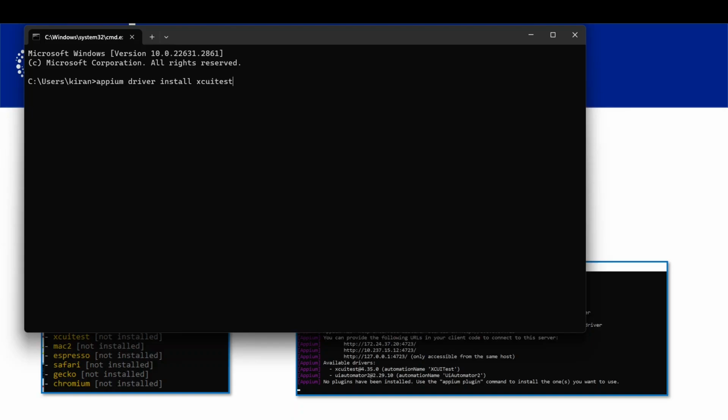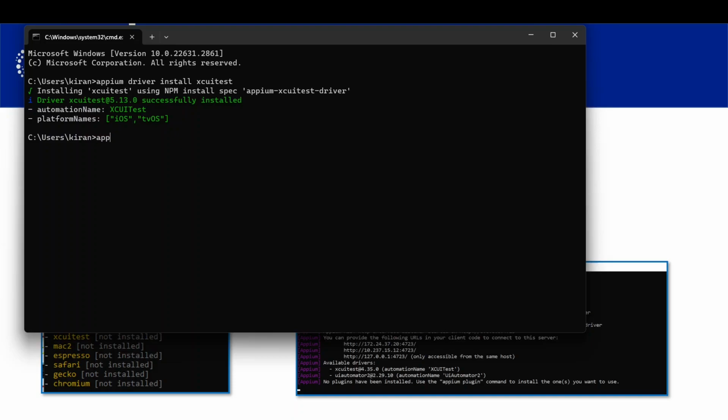Appium driver install xcuitest. Okay, now this is done. So if I start the Appium server,